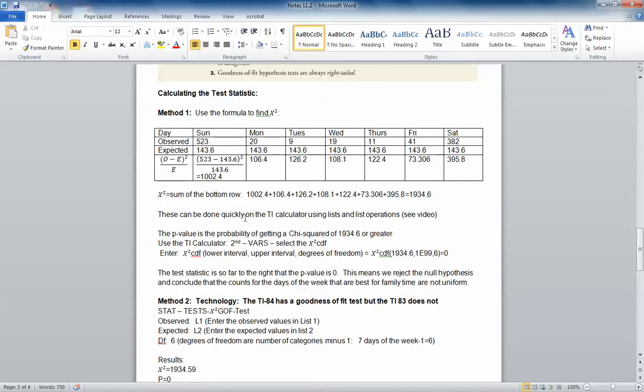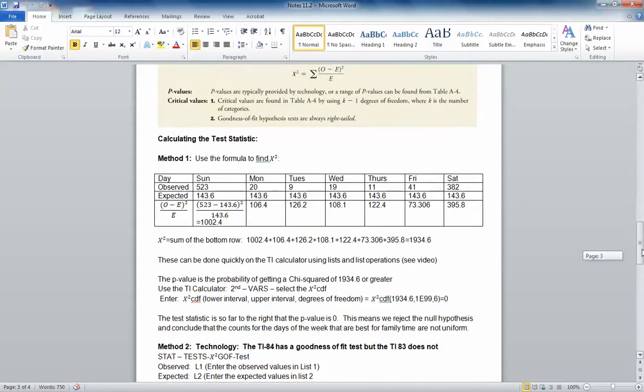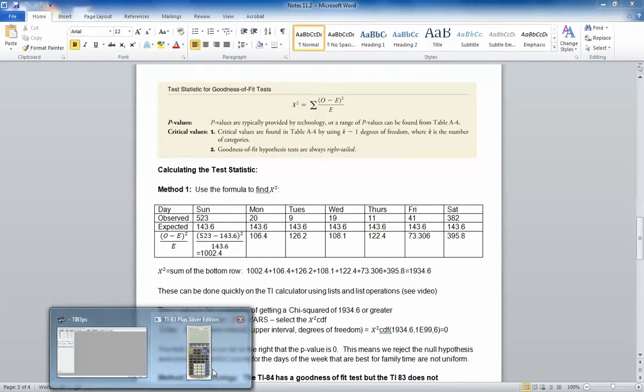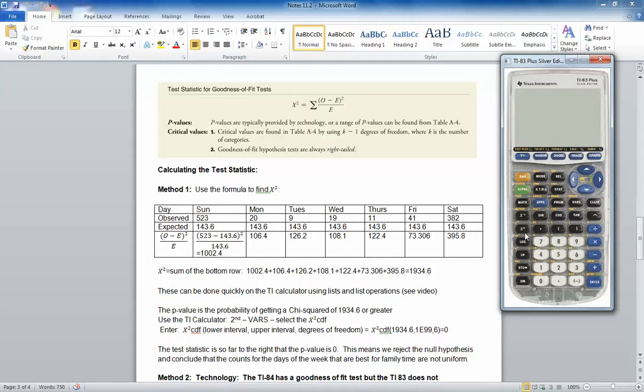These can be done using list operations on the TI-83, and I'll show you how to do that. And then the p-value is the probability of getting a chi-squared of 1934.6 or greater. So using the TI-83 calculator, we would select chi-squared distribution and find the area associated with a chi-squared value of 1934.6. So let me show you the TI-83 how this works. So what we would have to do with the 83 is we would have to go to Stat, Edit, put the expected or the observed values in list 1, 523,